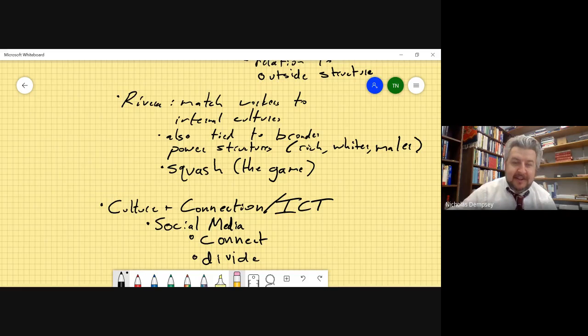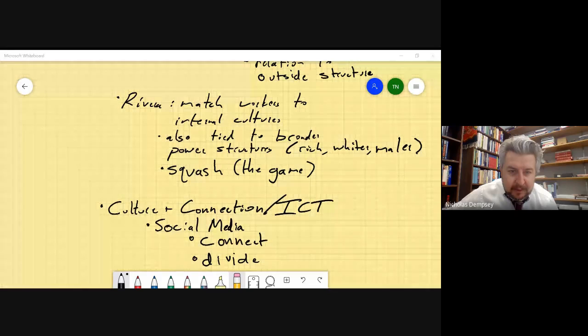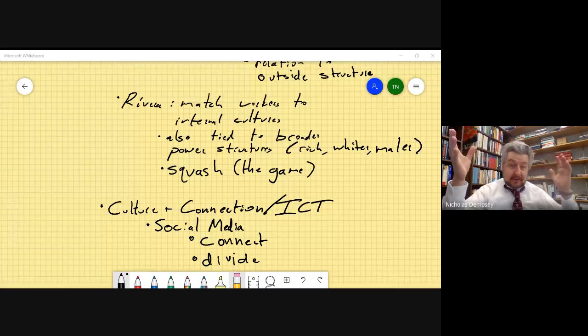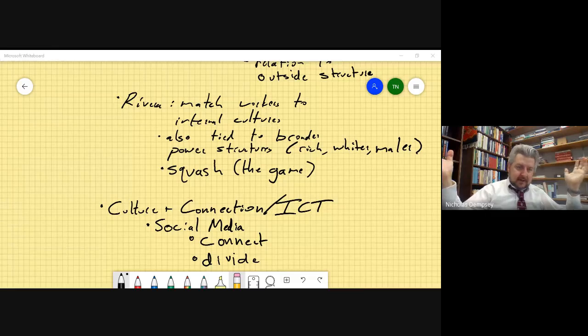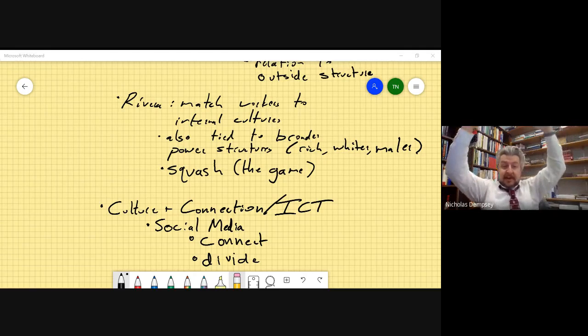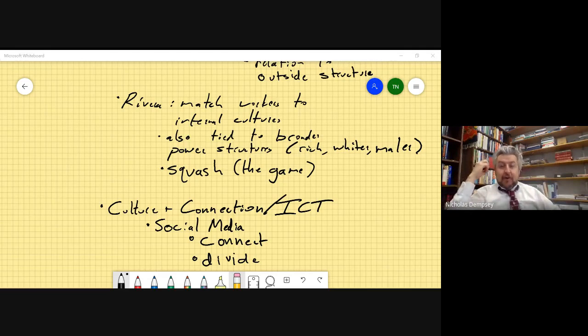Social media is able to both connect and divide people. So connect people in terms of whatever it is. You're a cancer survivor, but you live in a small town in Iowa, well, go online and find there's a subreddit for that, or there's a Facebook group for that, and it can bring people from all over the world to sing kumbaya together, and it'd be a wonderful thing. Or